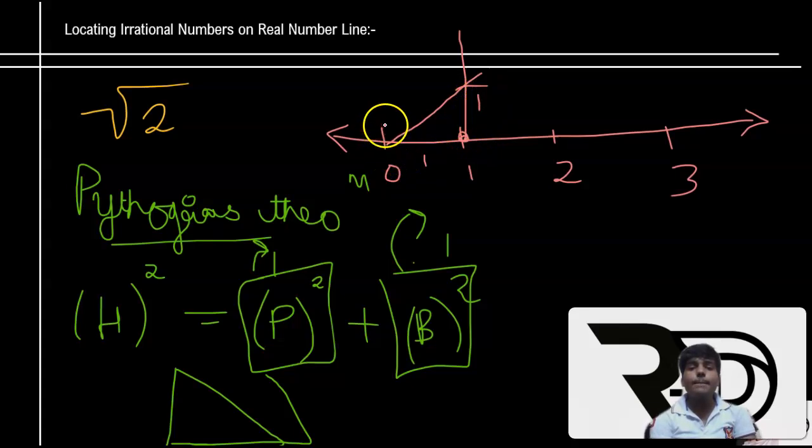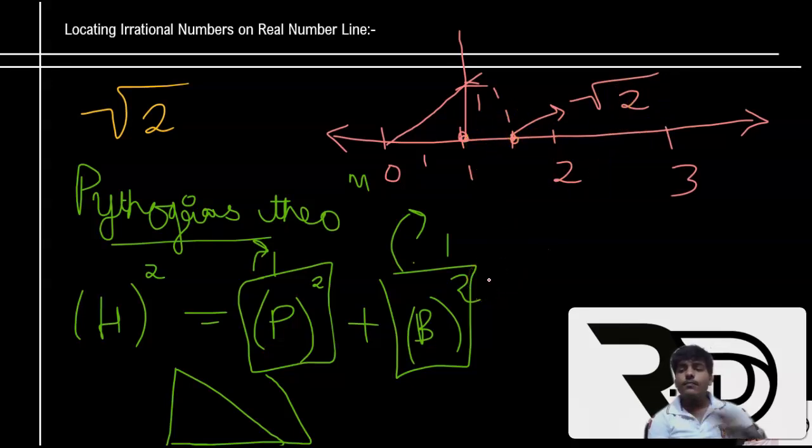Now what I have to do is keep my compass's needle on 0. I repeat myself, keep the compass's needle on 0. Open the pencil till the hypotenuse. Next step would be that you have to make an arc like this. And the point where the arc cuts the number line is the point that is root 2. This will be your depiction of root 2. So here will be your root 2. And the value of root 2, we all know, is 1.41414 and so on. So I knew that it would come somewhere ahead of 1. So that is how it's going to come between 1 and